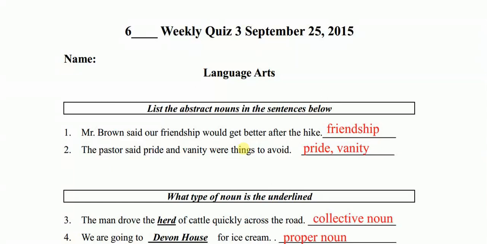Hi guys, we are going to be looking at quiz 3, and our little saying is, if we have no confidence in self, you are twice defeated in the race of life, but with confidence you have won even before you have started. So we're looking at language arts and we want to list the abstract nouns in the sentences